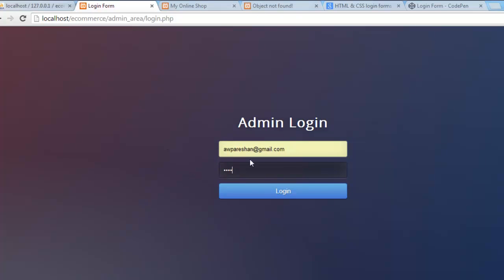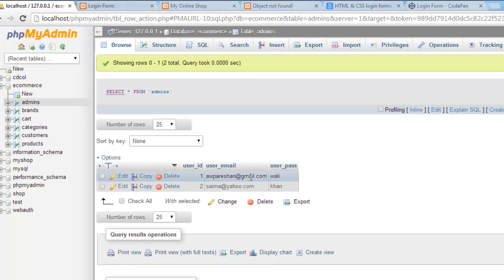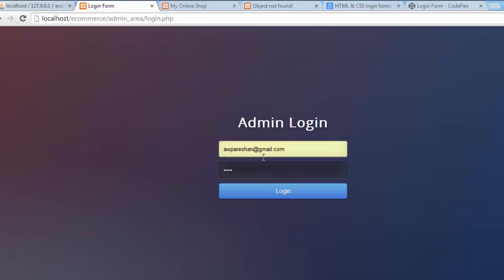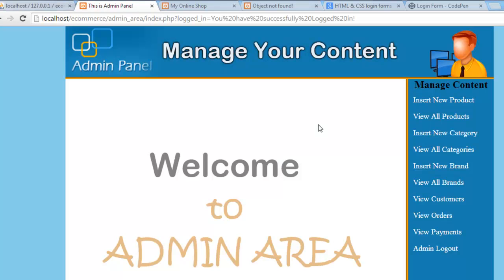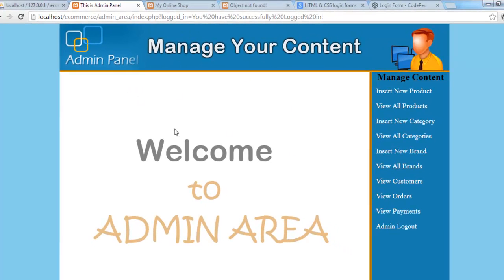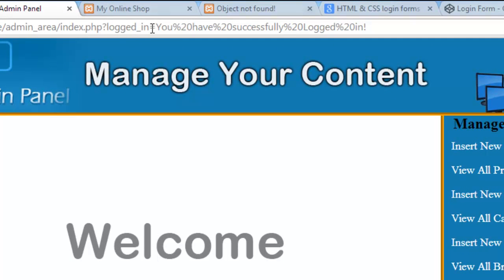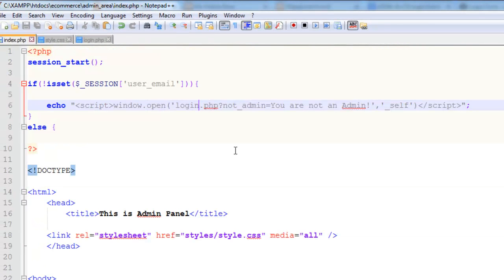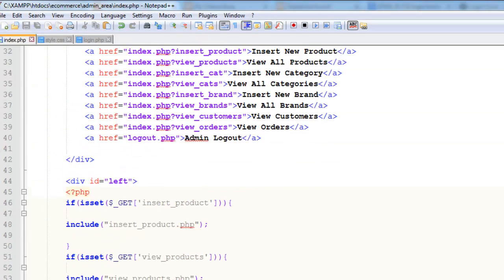awpareshan@gmail.com is my email, and this is my password. You can see over here in the admins table. Click login and we are taken to the index page, because the session is active now and the person has the details. And you can check out here the URL variable logged in. We can display this URL variable inside index.php anywhere we want, but we will echo it here